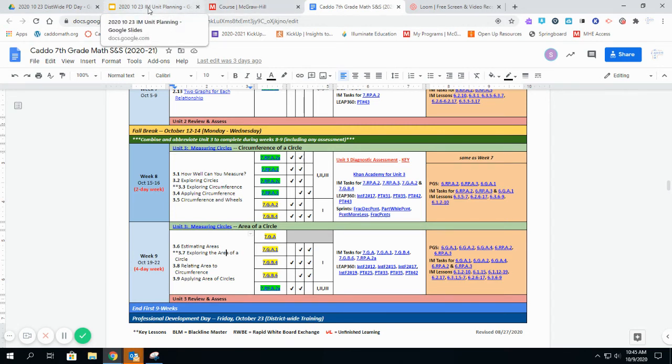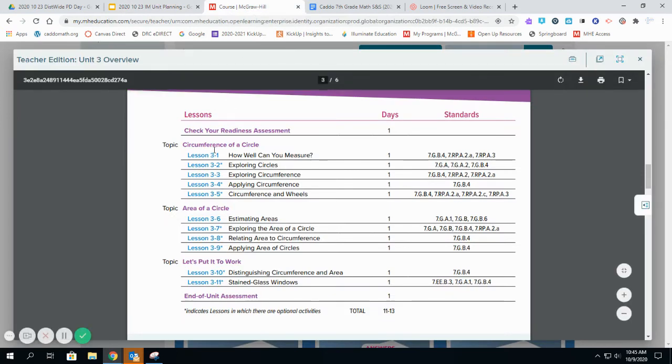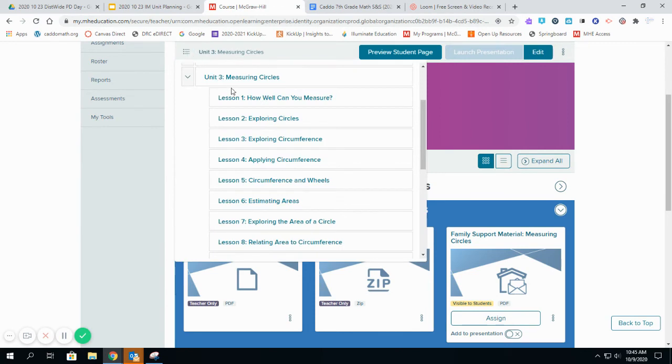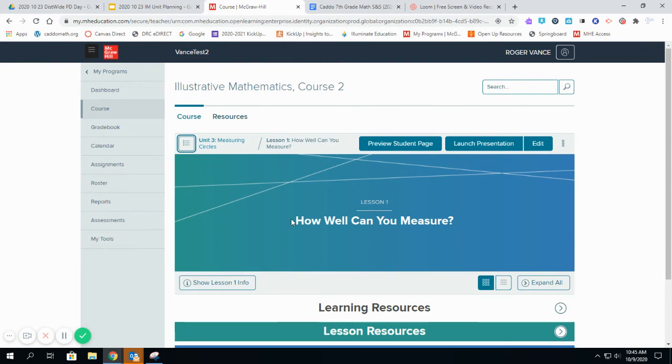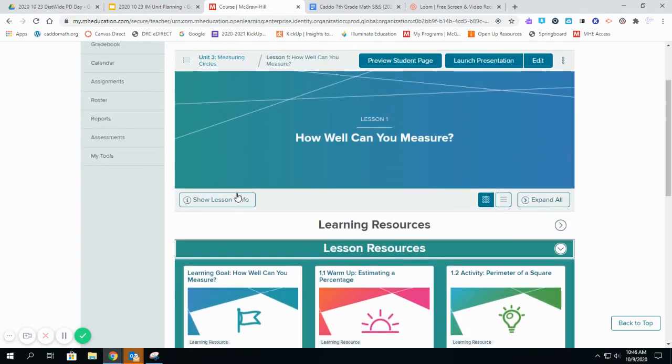When we talked about the pacing in step 1, we would make that consideration, and we would also note the key lessons and see if there's any way we can abbreviate some things and combine if we're behind in pacing, that sort of thing. So that's step 3. And by the way, if I go back to that, in addition to the unit plan, I can also dig in, if I have the time and want to make the time, and go lesson by lesson. This might be more part of your daily lesson planning as opposed to your unit plan. But here I can actually dig in and look at